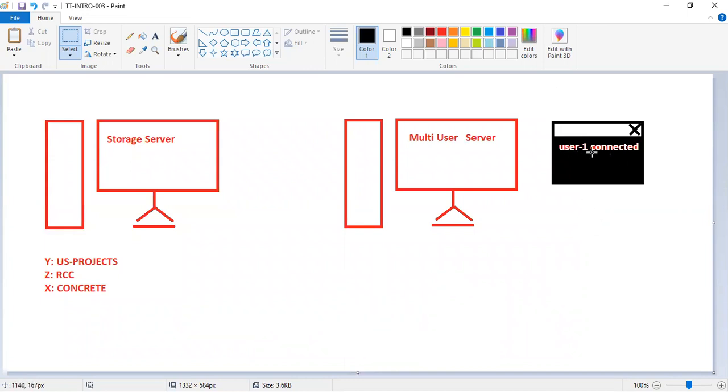This kind of application is there in Tekla Structures, which will show you the connected users and what kind of activities are going on in your model. It will just display the contents or the log in your model, what kind of activity is going on, and which user is connected or which user is disconnected. All those things will be visible here in the server. We need not go and check.